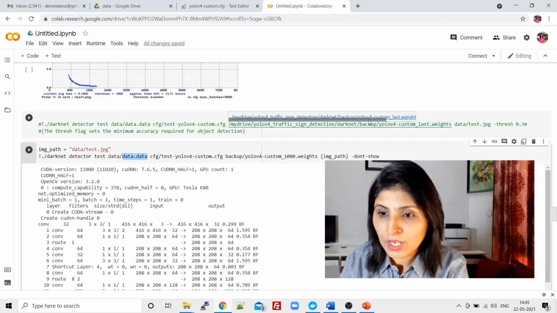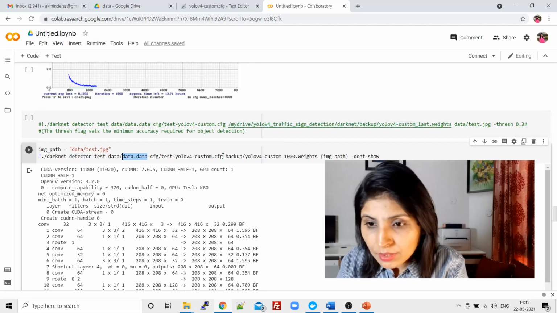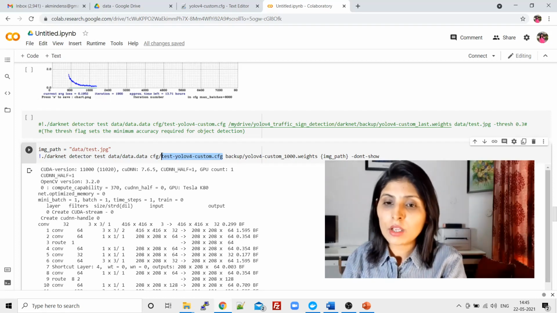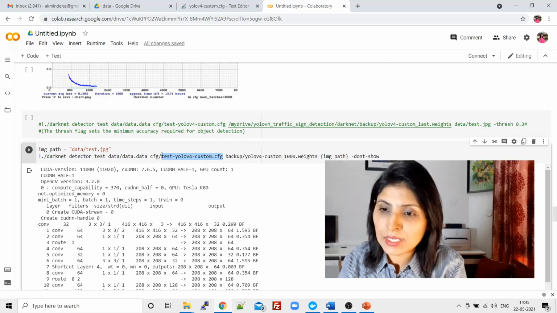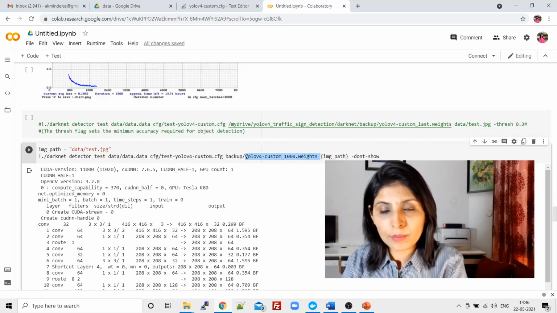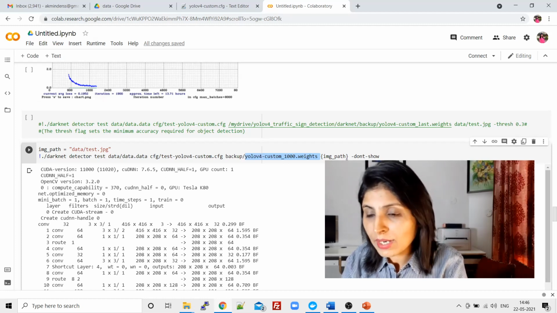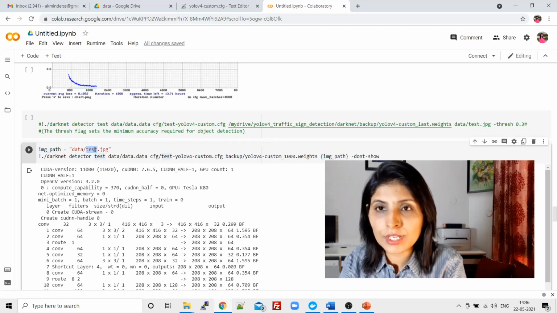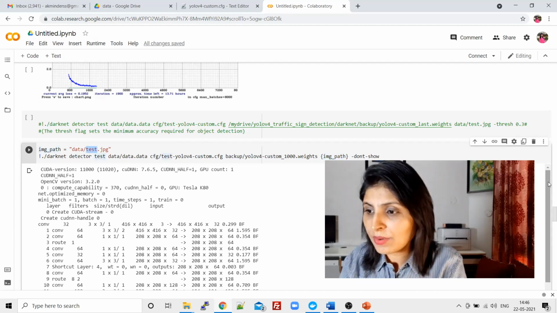This is the file we'll be using for testing. And from the backup folder, I'm loading the weights file, because these are the train weights. Using these weights we can predict. And this image path means we want to test on this image. So when you run this code,